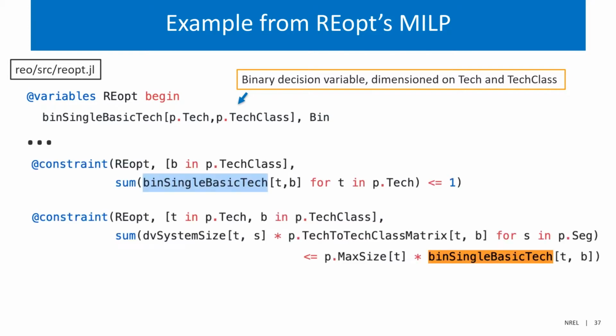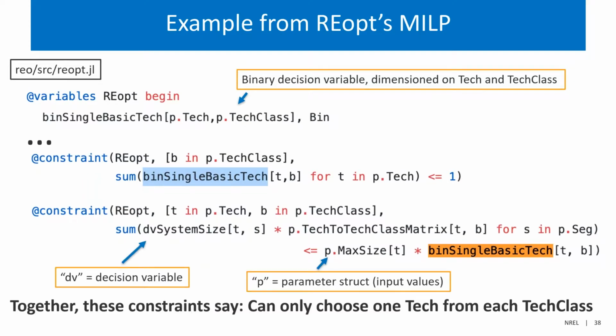And then there's two constraints using this binary decision variable. The first one says that the sum across all of the tech class must be less than or equal to 1. And the second one is constraining the DV system size, which is directly related to the DV rated production of each technology, and we have this tech to tech class matrix, which I'll detail in the next slide. All of that must be less than or equal to the max size for each tech, so that's an input parameter times this binary decision. So the effect of these constraints is to say that you can only choose one tech from each one of